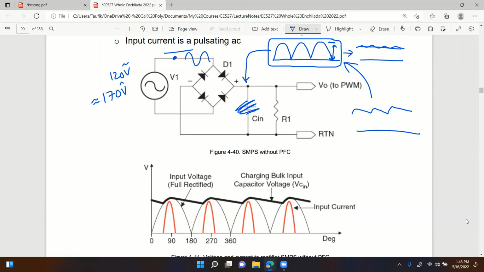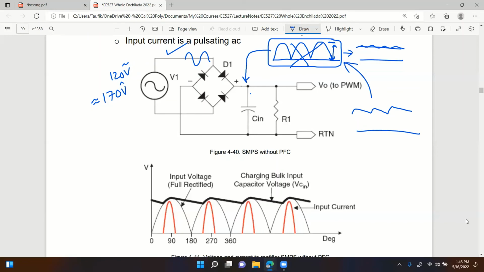But then, when there is no capacitor, the output side looks very bad. That's bad, but the input side looks very good. But as soon as you try to improve the output by putting a capacitor,